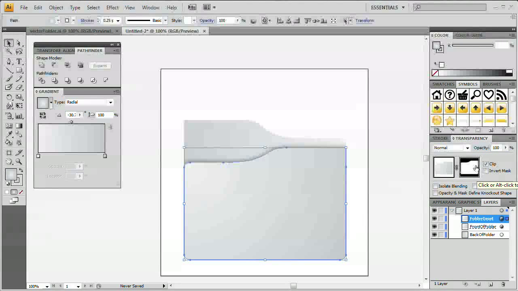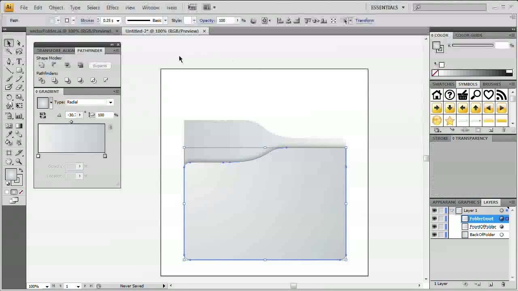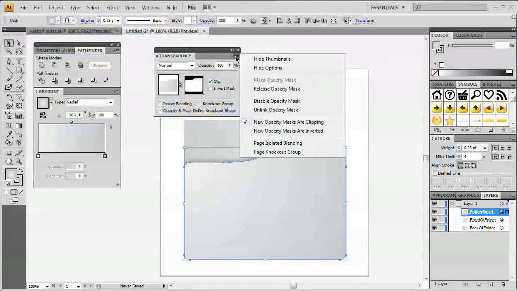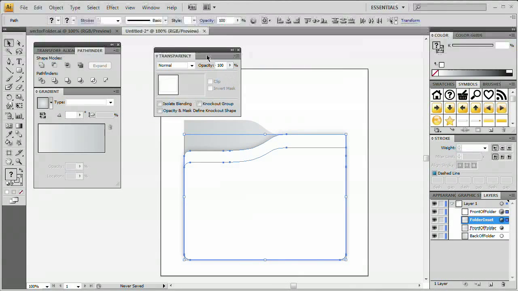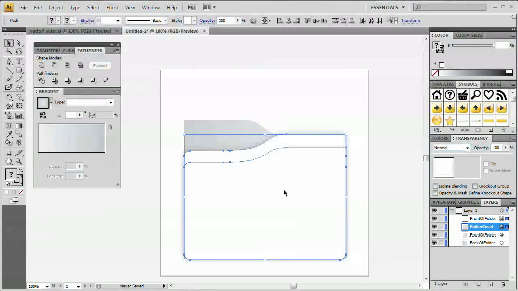We're going to start with the mask. What you need to do is grab the transparency panel and there's this little flyout menu here. Just select that and choose release opacity mask. You could just go to disable opacity mask, but I want to get rid of it altogether. So release the opacity mask and you're going to see it's going to actually release that whole shape and just